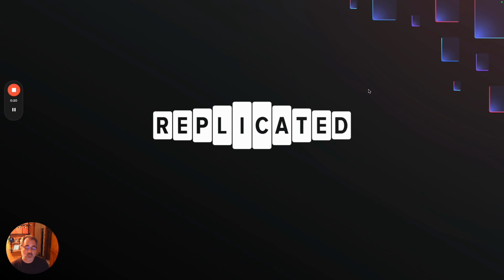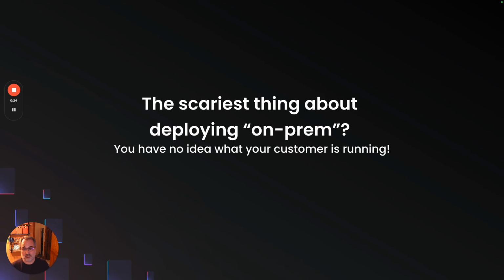But there's one thing about it, and I got to tell you, it scares me. The scariest thing about this on-prem distribution of software is I have no idea what my customer is running. Now, it's a lot better today with containers and Kubernetes, right? Containers deal with making sure I have the right dependencies. Kubernetes lets me easily describe what to run and how to get traffic to it, but there's still a lot